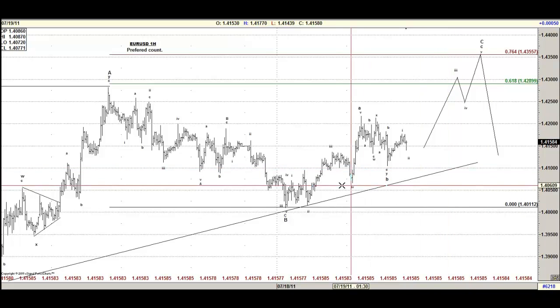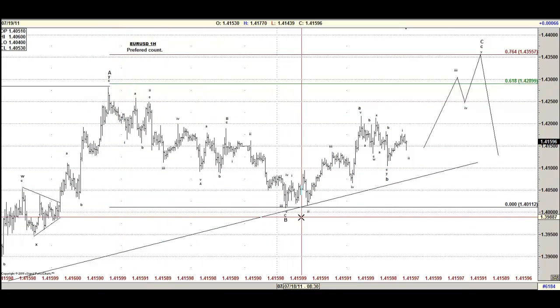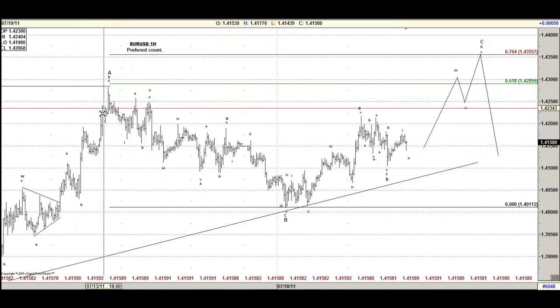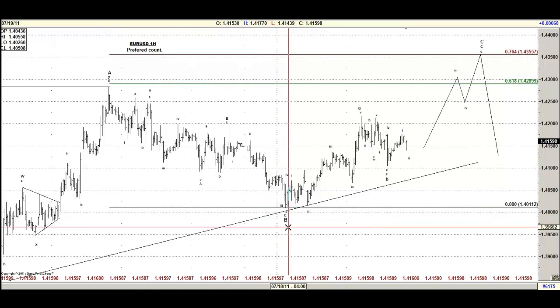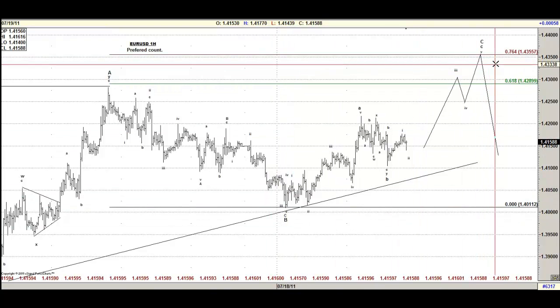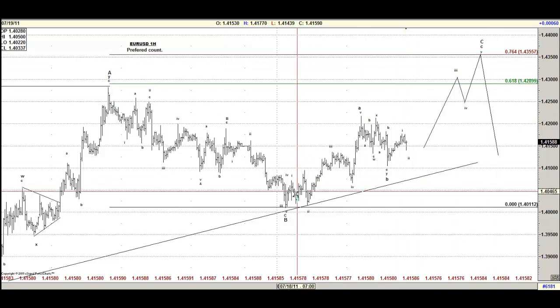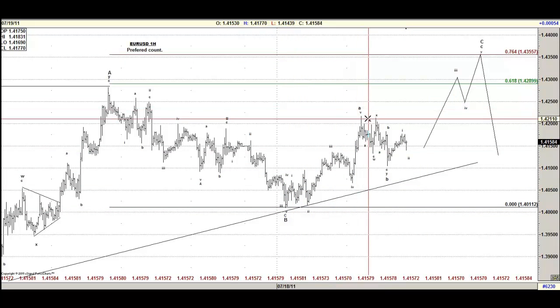The euro dollar, if you guys are noticing, every move to the bearish side is corrective. The other one to the bullish side is also corrective, but you get more extension out of it. Now, we've got the A, the B, and we need a C to either 143, 143.55 area. Now, we play here like 1, 2, 3, 4 out of 5, and now